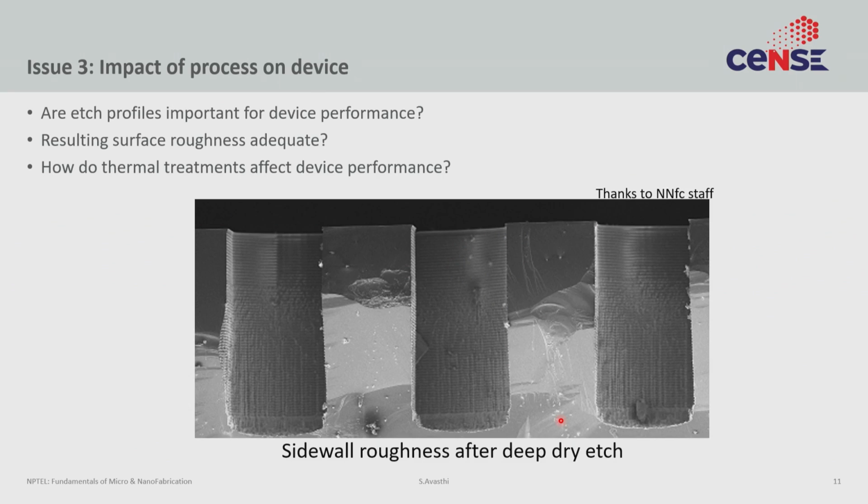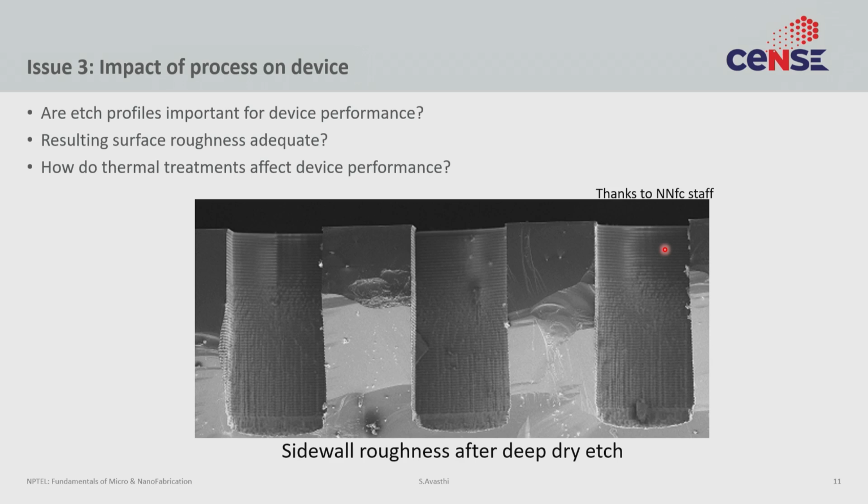Here's an example. It's very obvious what we have here is a dry etched hole, and this is specifically using deep reactive ion etching, the Bosch process. You can tell this is the Bosch process because you can see these rings, right? These scallops, and each of these scallops is one etching cycle. The way that deep reactive ion etching works is that every cycle creates one scallop, so you can go very deep, but then you get these scallops on the surface.